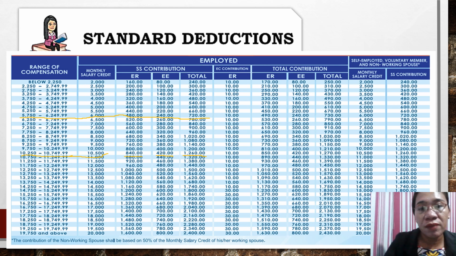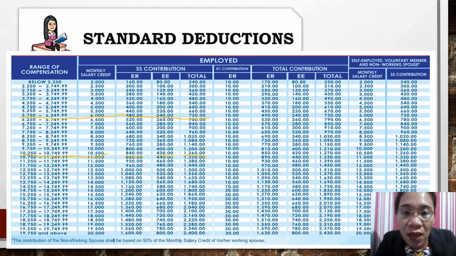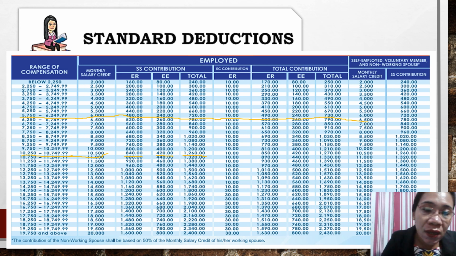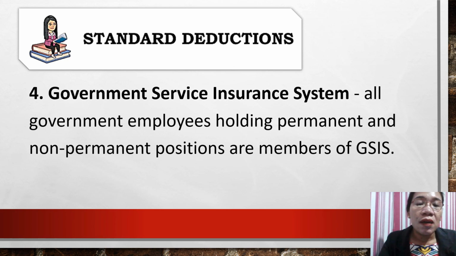So, ganun yun. Okay? Itong mga deductions na to sa table, ito yung ER, yung total contribution, yung kung saan mapupunta yan, we have a separate explanation on that. Okay, so sa ngayon, dito lang muna tayo sa deduction. Next, let's move on. The fourth standard deduction is the